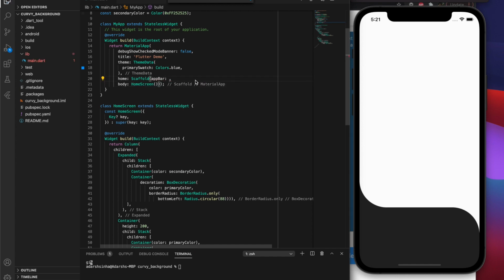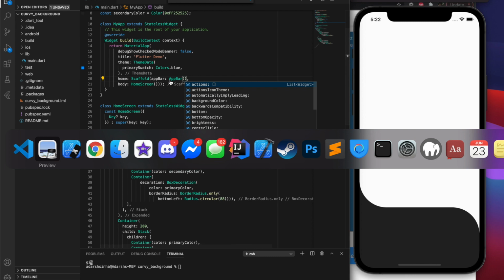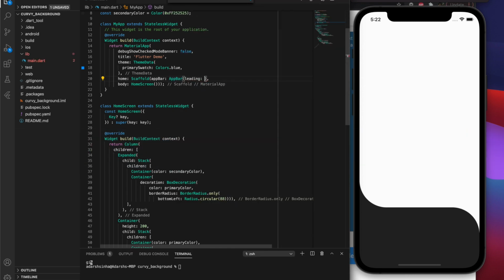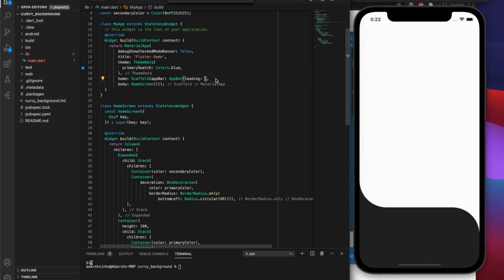And so in the Scaffold, if you look at it, it takes in an app bar widget, which exists. And inside of the app bar widget, there are a couple of properties that are relevant to us. But the first property is called leading. Leading takes in a widget that goes into the beginning part of the app bar, or the leading part of the app bar. And so that's where we're going to put our grid icon. And so to